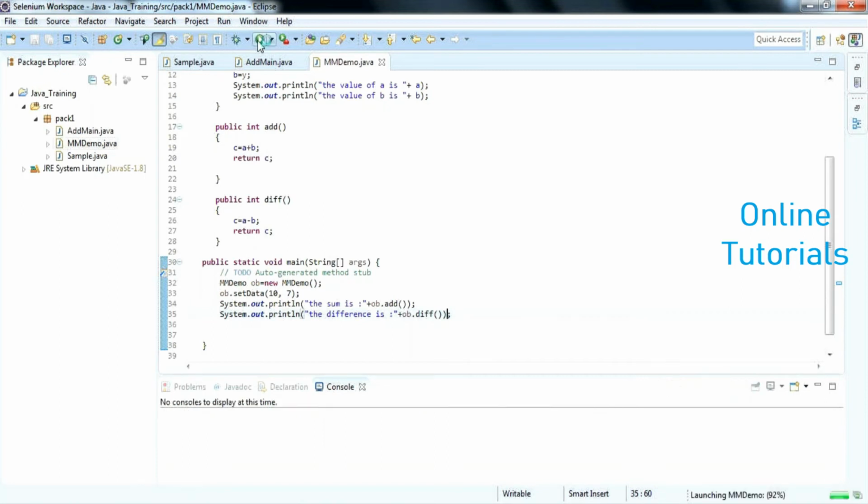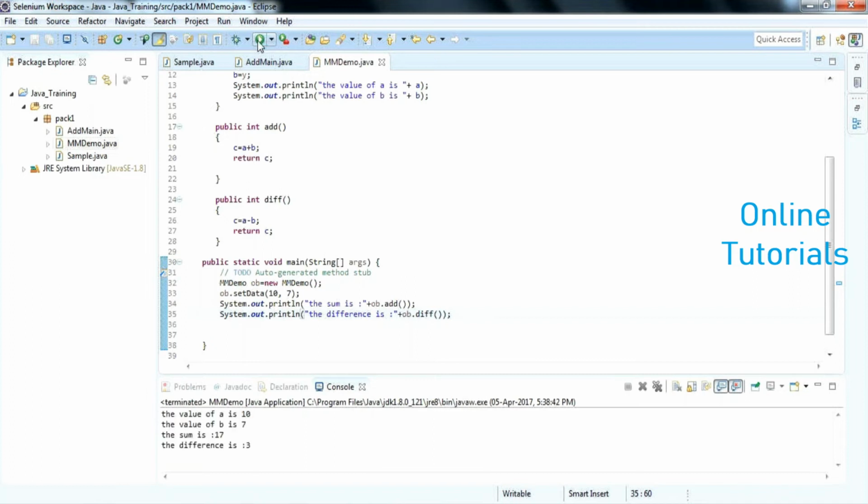Means in the previous case what happened is that the methods are being executed and simply returning the value, and the value is not being captured anywhere. Are you capturing the value? No. You are simply calling the function. So whatever the function is returning to you, you are not capturing anywhere. So what I did is that I have captured directly in an output statement so that it can be displayed